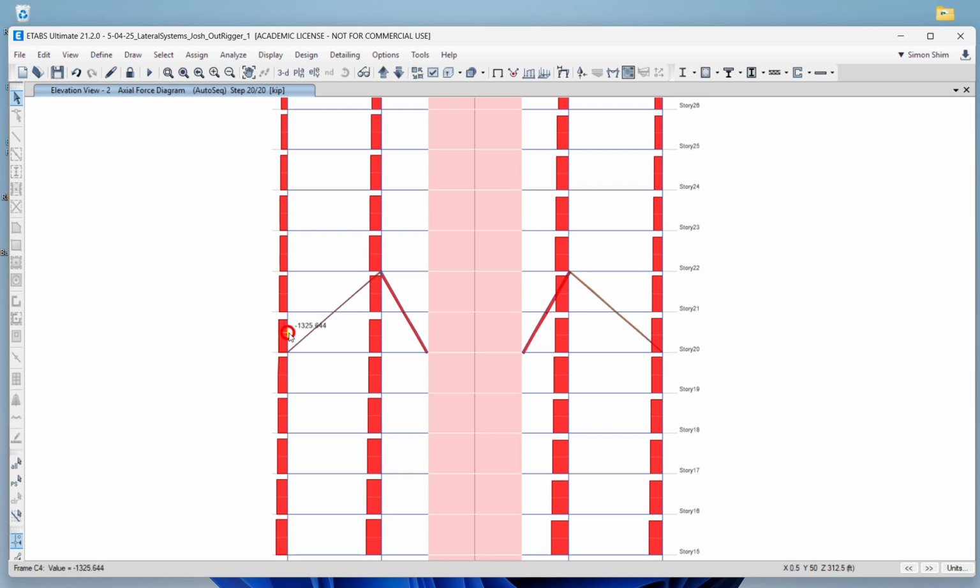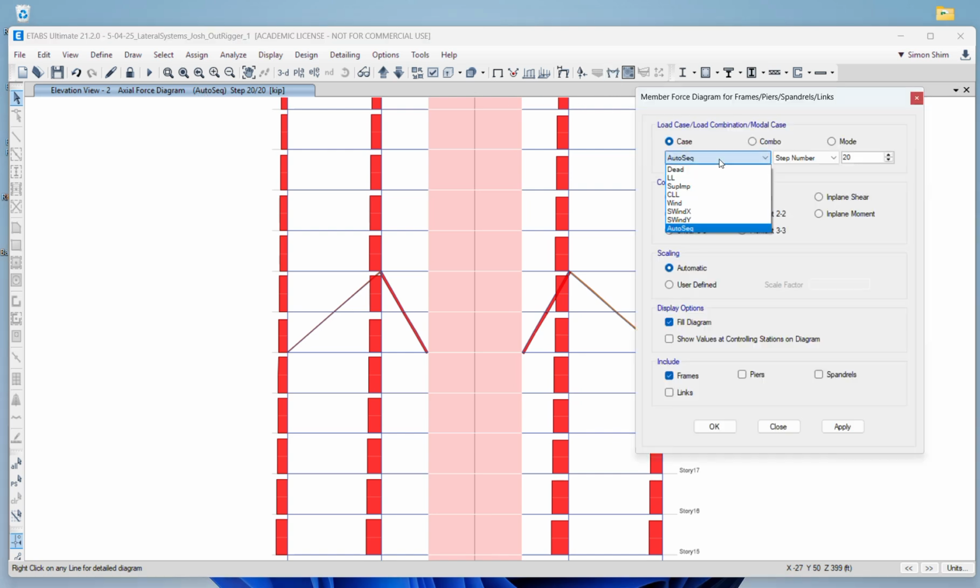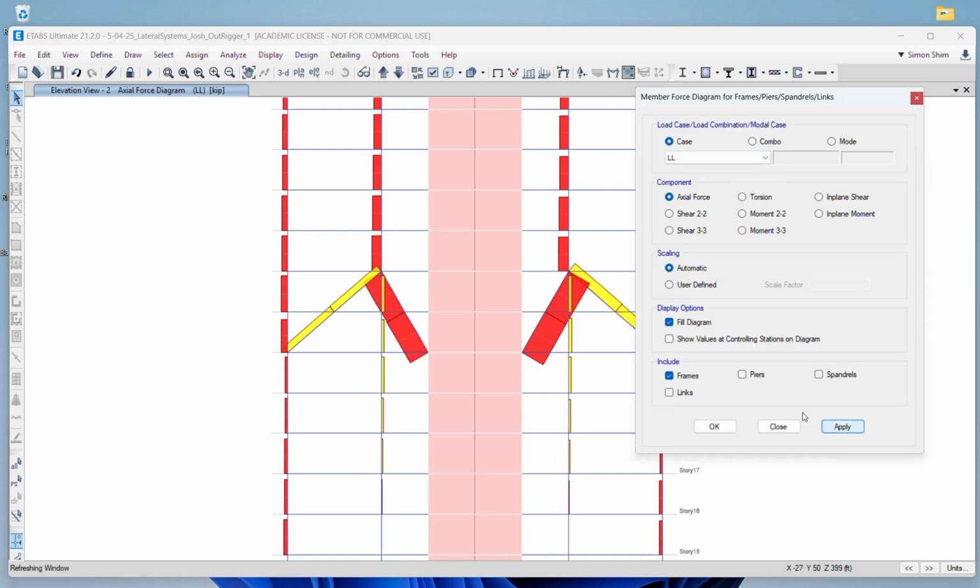So every column is in compression, right? So this is the load combination, auto sequence dead load. We're going to use it. But the live load is everything tied together. So you may think we're going to experience some of this condition, where the building experiences the live load, which, since the diagonal is in place, we'll experience this. So I think